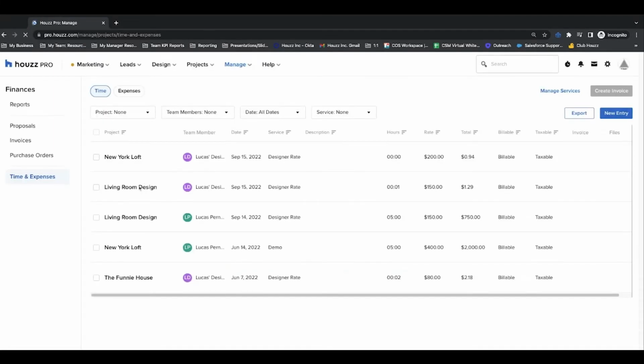So, okay. And then there are those items that we just pulled in here. So that New York loft and the living room design. And the best thing about this, and I know initially I touched on just making sure we have effective invoicing for these as well. On the left-hand side here, you can see that you can select particular times. So say we wanted to invoice all of our time collected for this living room design collection and send this out to the client. If we just select the box on the left-hand side here, you'll see it brings up a pop-up option on the top right-hand side to create an invoice. So if we click create invoice for both of these options,